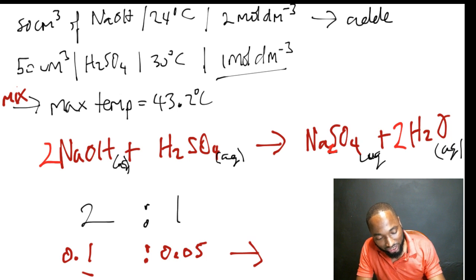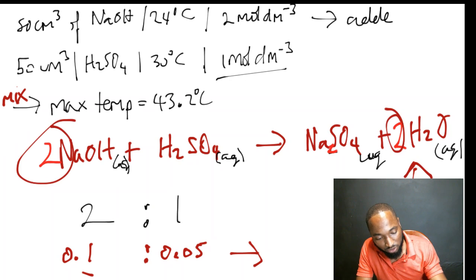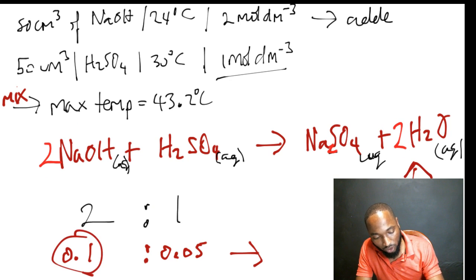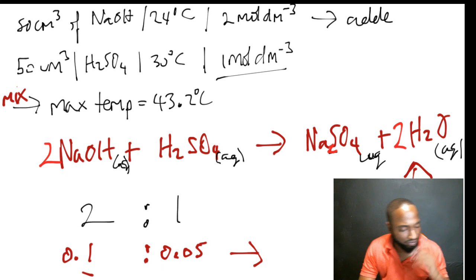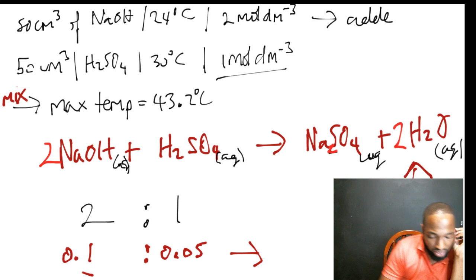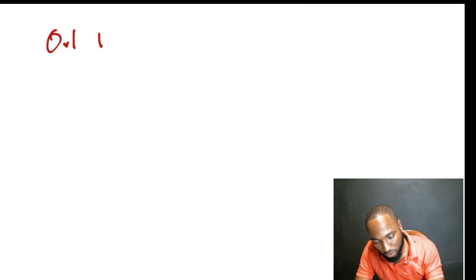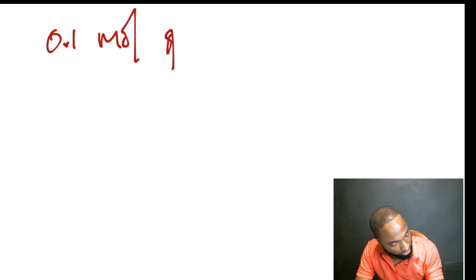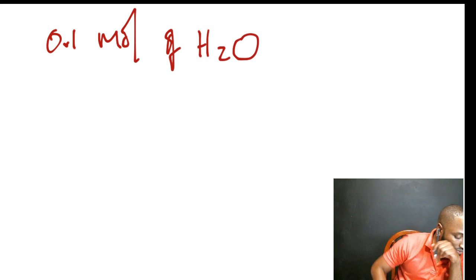So this is equal to 0.1 moles of water. So we compare. If you have 2 moles of this, you have 2 moles of that. If you have 0.1 mole of this, then you need to put in all of that information. I'm going to make sure I'm correct. Right, so we have 0.1 moles of water. So we just figured out we have 0.1 mole of water. So to work out the heat of neutralization,